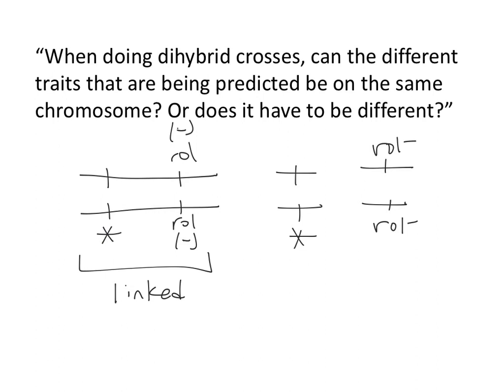So the question posed yet another way is, if you just had one worm, a hermaphrodite, let's say, so you have that genotype. If those genes are on the same chromosome, could you ever make a worm that is not green, but a roller? So what would the genotype be of a non-green roller?